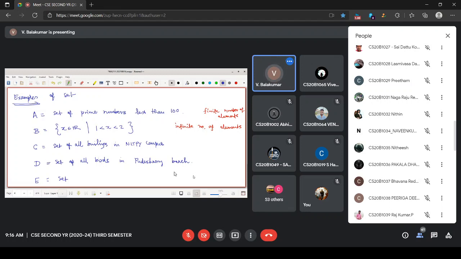Set of all birds in Puducherry beach: you can say all the birds in the world such that the bird is residing somewhere in Puducherry. I hope you are understanding. We are not restricting ourselves only to the number system or some other thing. We can write the set of all 2 by 2 matrices.